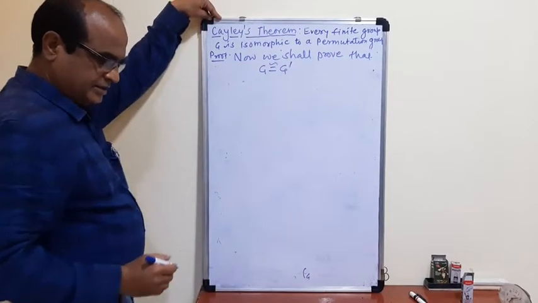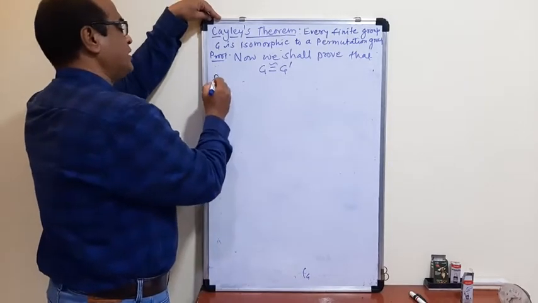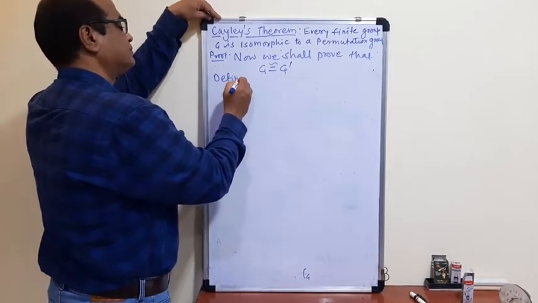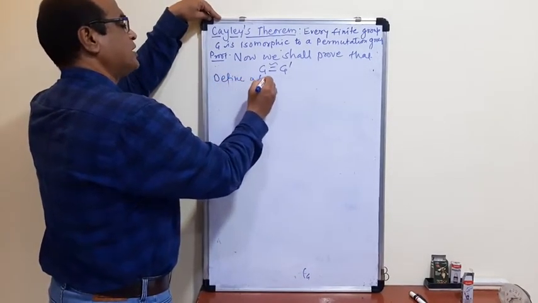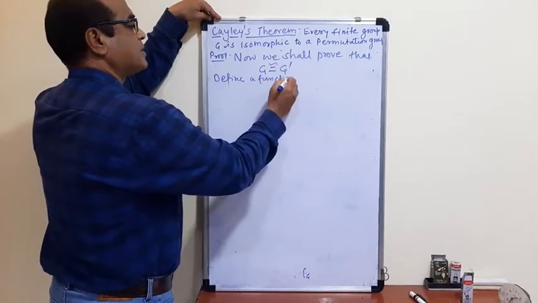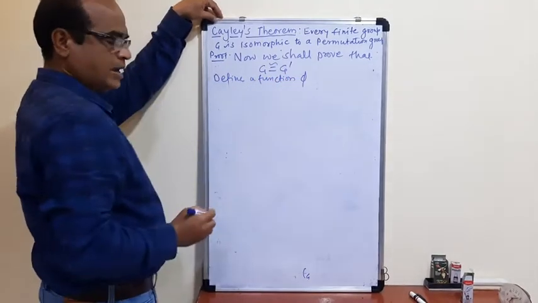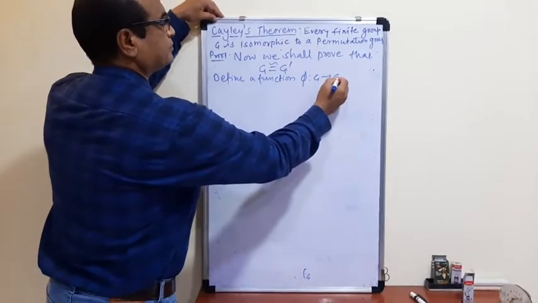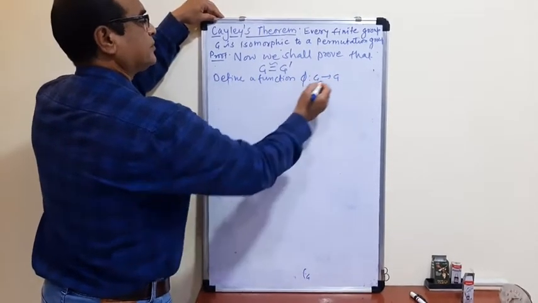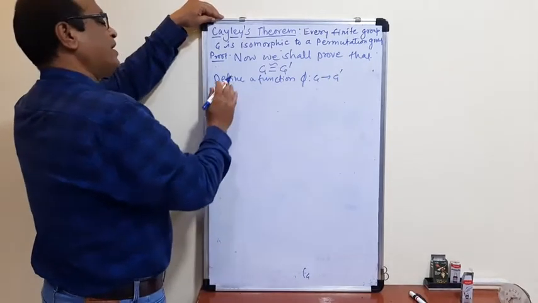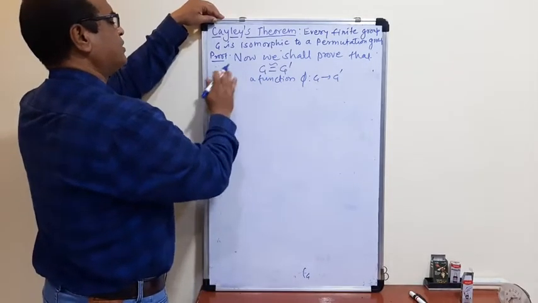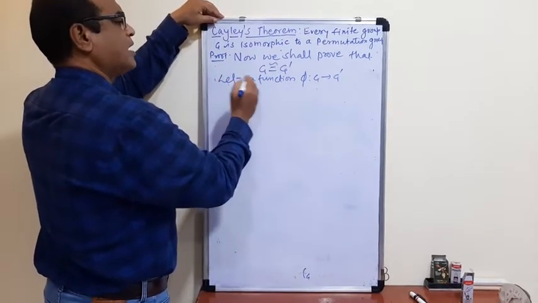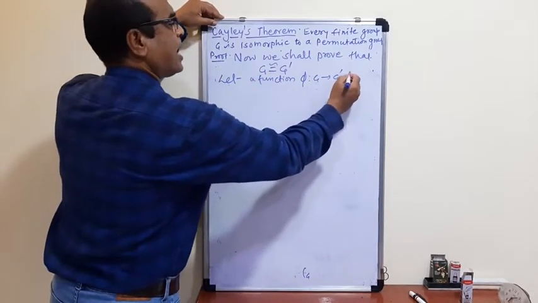Define a function phi from G to G dash, defined by...